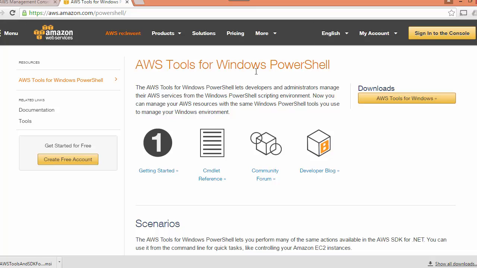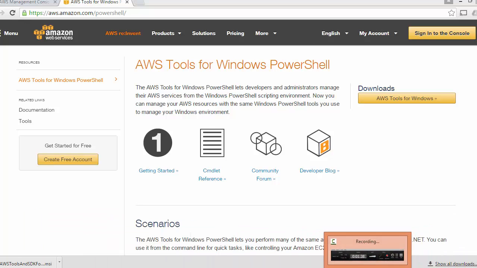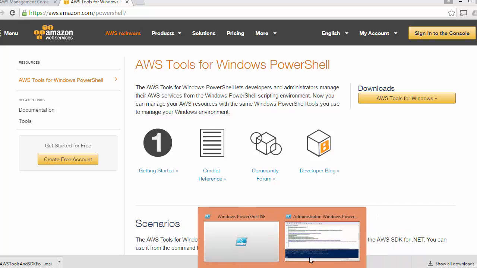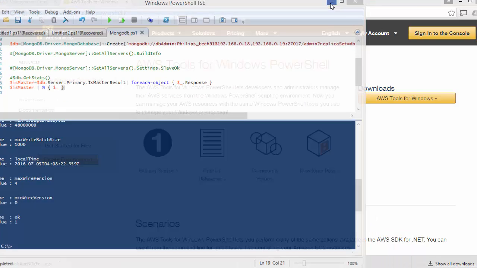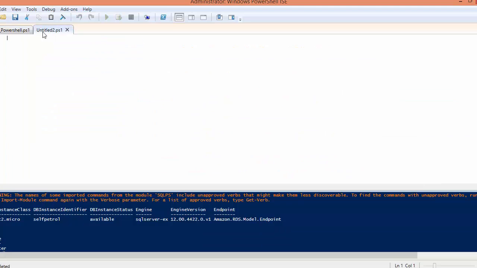You can use PowerShell cmdlets, or you can use PowerShell ISE. Run the PowerShell ISE with administrative privileges. Now let's switch over to AWS to use PowerShell with it. Let me quickly bring up my PowerShell ISE. To start with, we have to set up the environment first. But before that, what we have to do is,